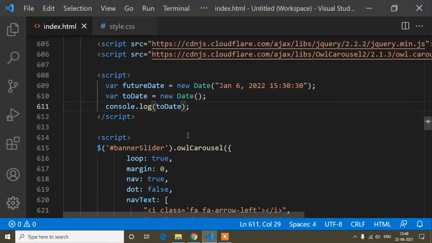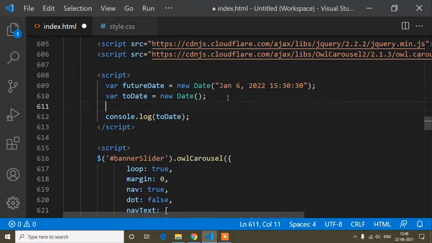Okay, this is done. And now guys, I have to subtract how many days are remaining for this offer to end. So the date will expire January 6 and today is 22, so I have to calculate how many days are needed to expire. For that we can subtract today's date from the future date. Here we can write another variable, distance.